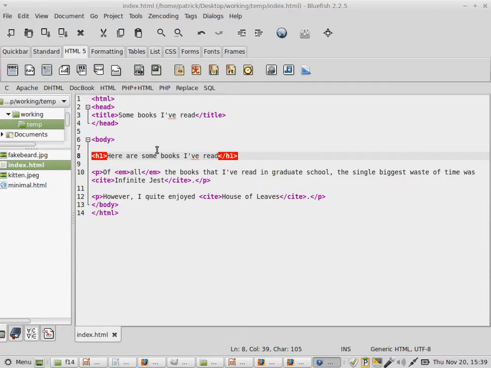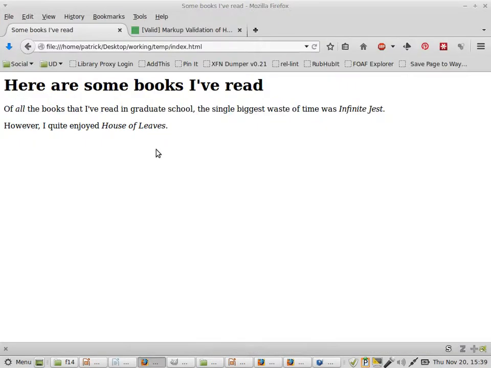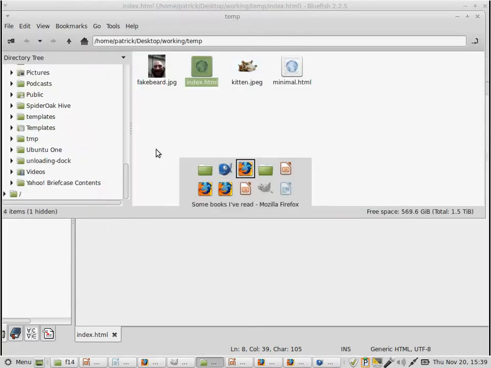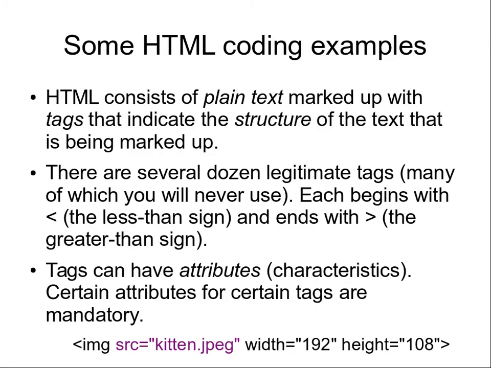Questions so far? This is almost a minimally valid HTML document. And in fact, it gives us enough to go back to the slideshow and go through some more material here. So again, major concepts. HTML consists of plain text marked up with tags that indicate the structure of the text